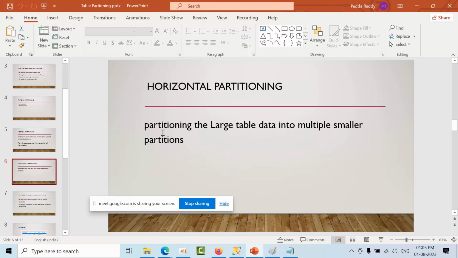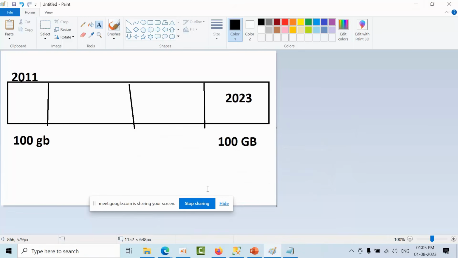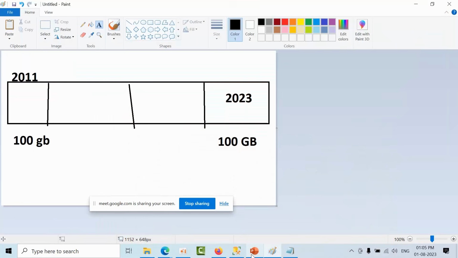Partitioning a large table's data into multiple smaller portions is called horizontal partitioning. As of now we have discussed table partitioning, vertical partitioning and its uses. Now, where do we need to use them? Let's assume that